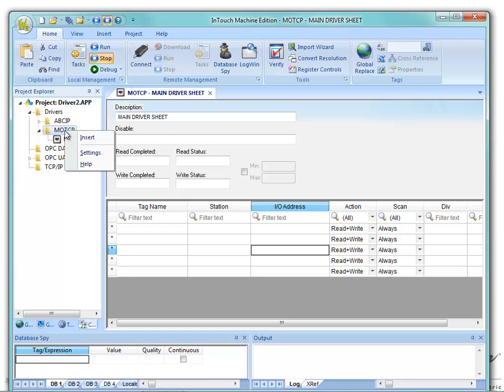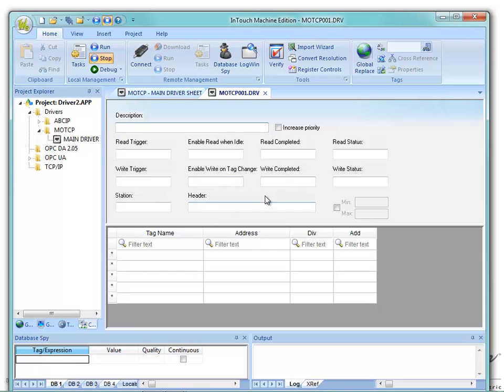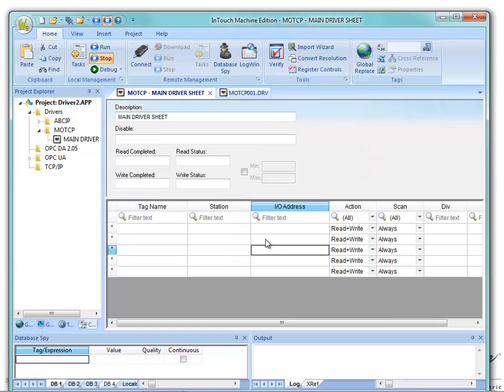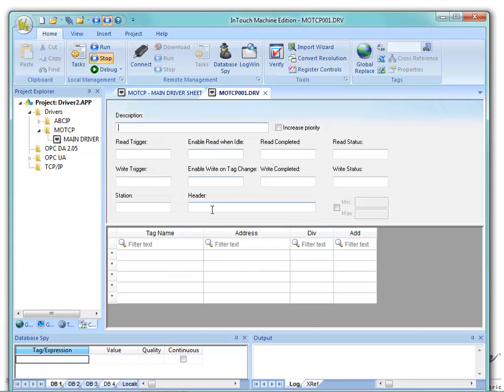So you can mix and match those in the main driver sheet. If I add a standard driver sheet, and anytime I insert after the main driver sheet, now I get the standard driver sheets, and they are numbered starting at 1 and go up to 9,999. The differences here, like I was speaking on that chart, is that on the main driver sheet you can put any addresses, and in the standard driver sheet, you have to put the starting address that you're going for here in the header, or this top part of this,